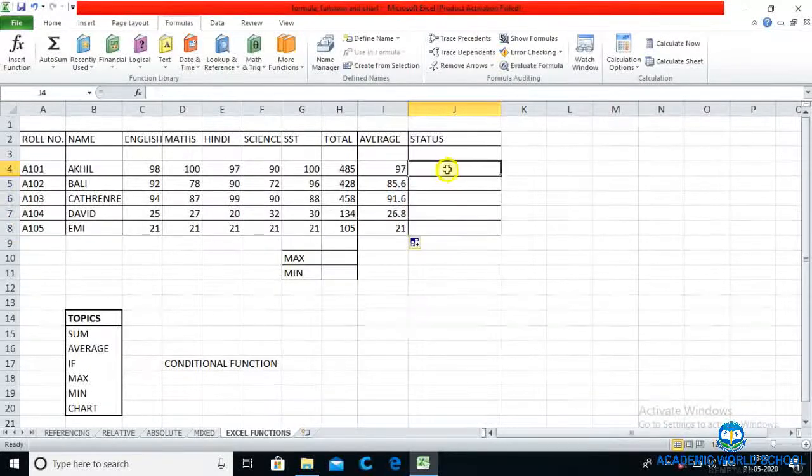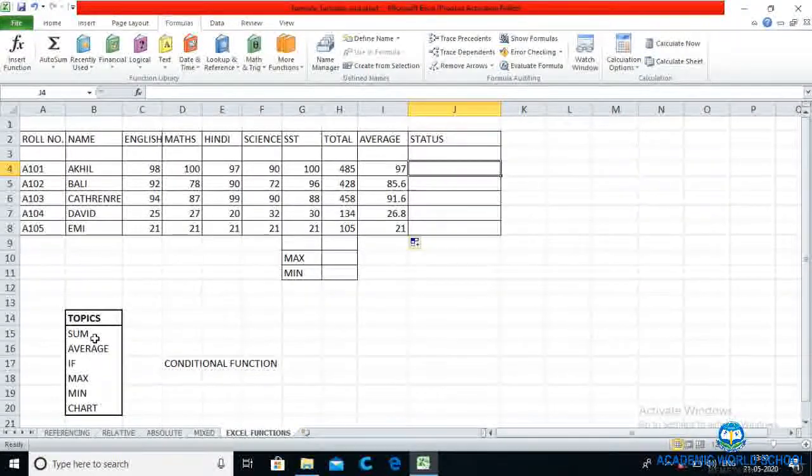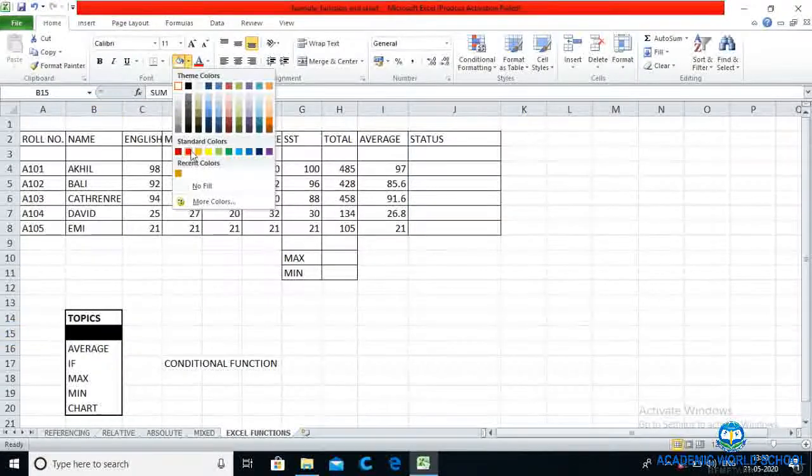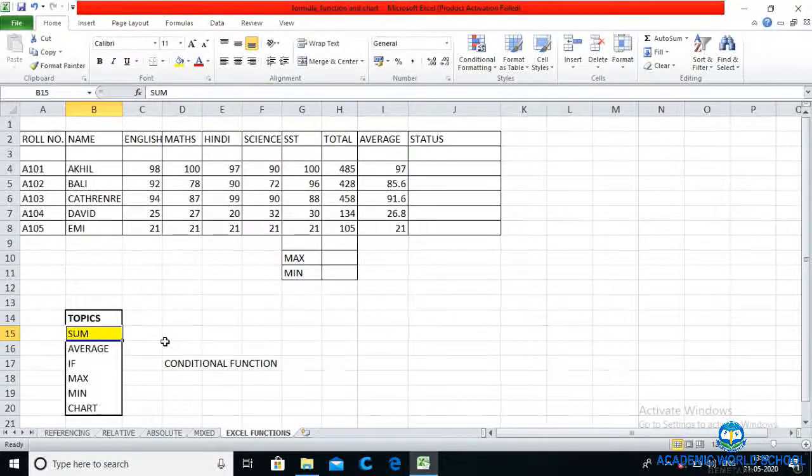Close it, press enter. Look. Okay students, this is the way to find the total and average.